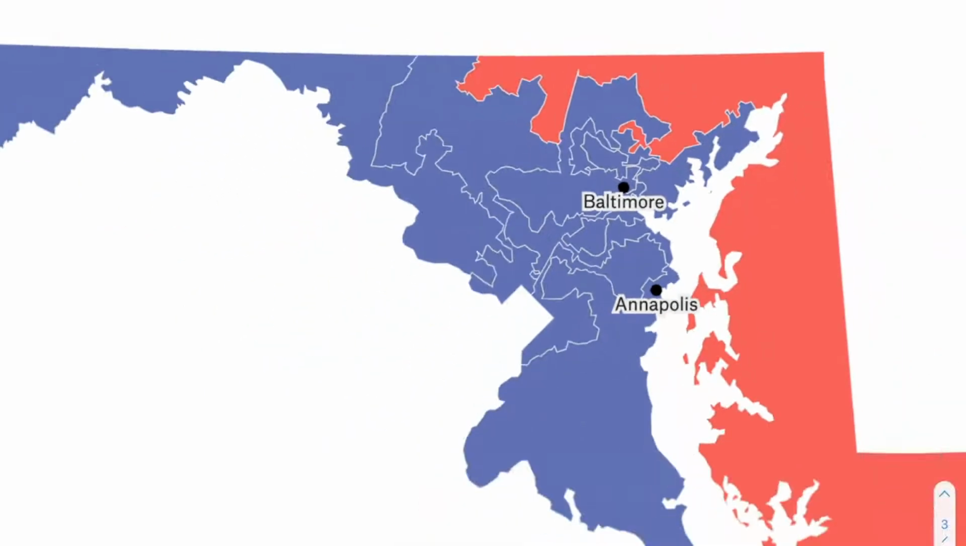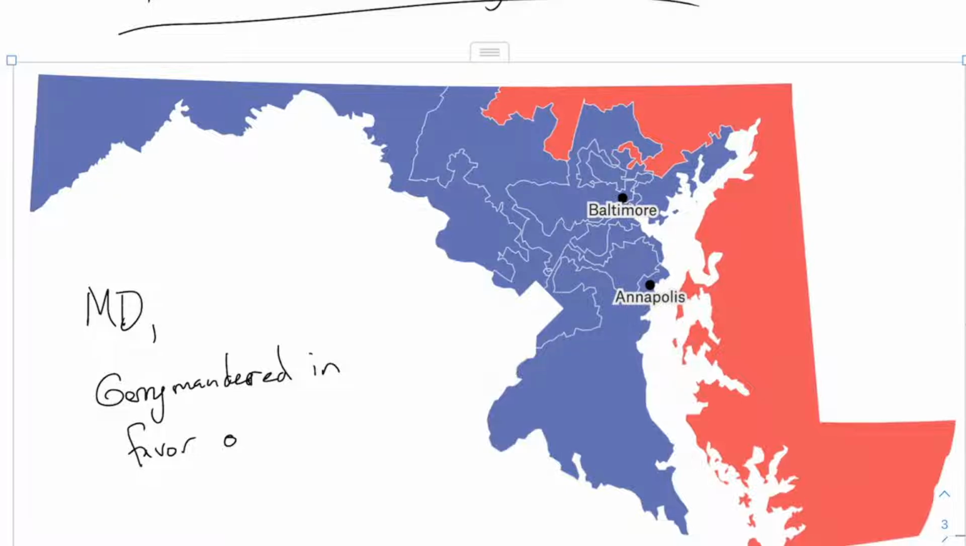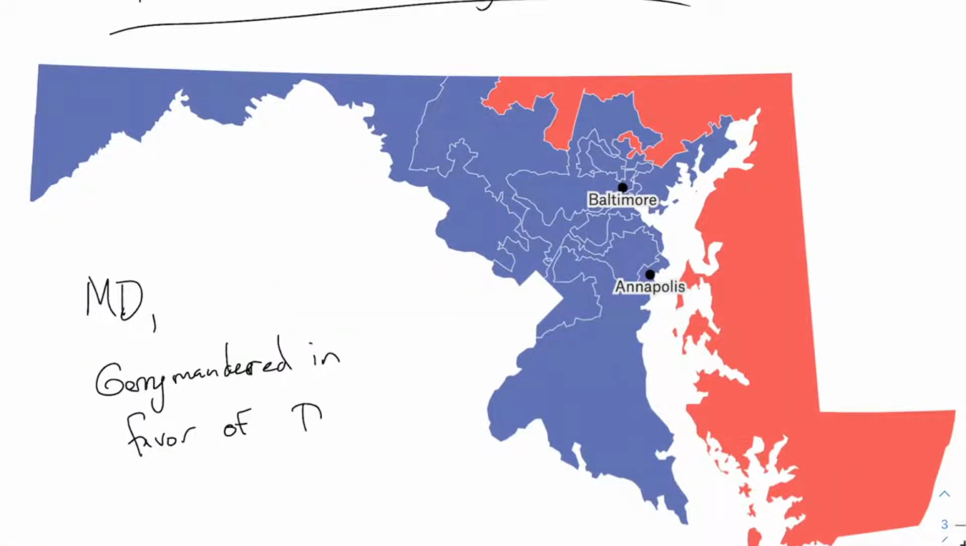I believe there are four districts here. You can't even tell because the lines are so ridiculous. But this is sort of well known. This is the state of Maryland, and it is gerrymandered in favor of the Democrats, the D's. All right. What you can see is a lot of, for example, what you have in Maryland is